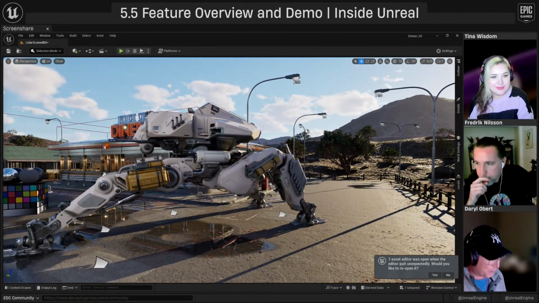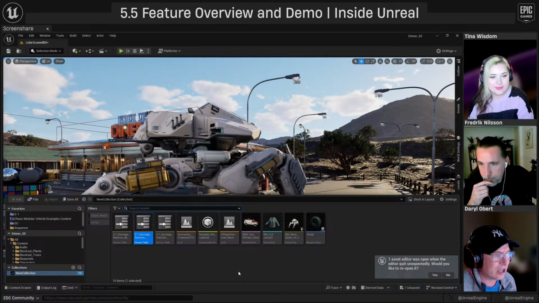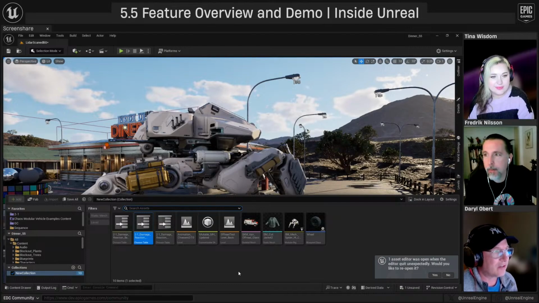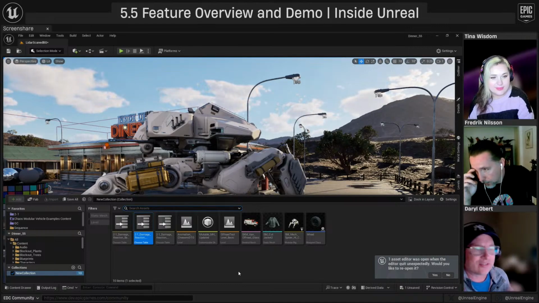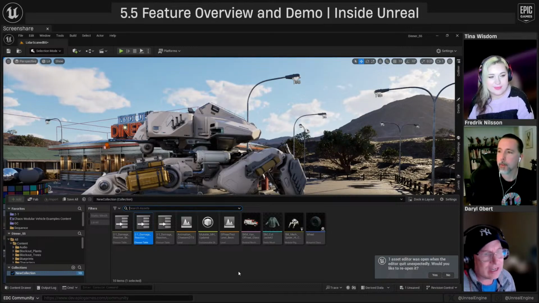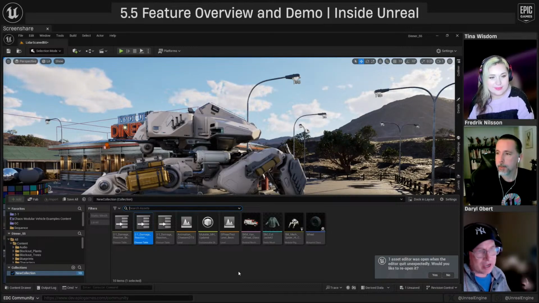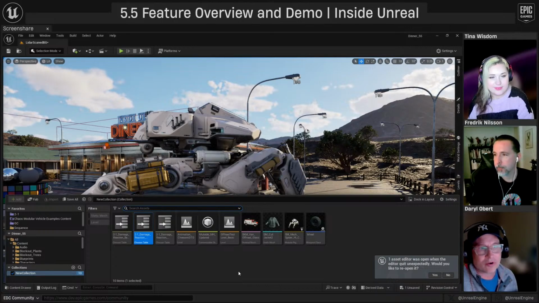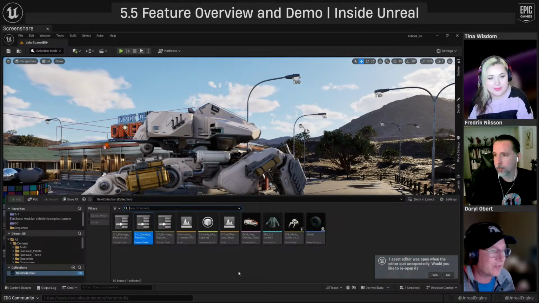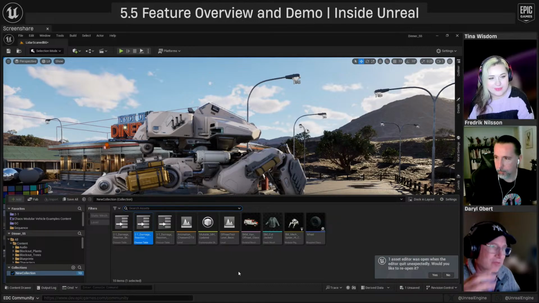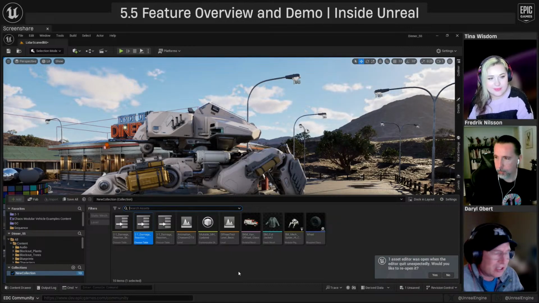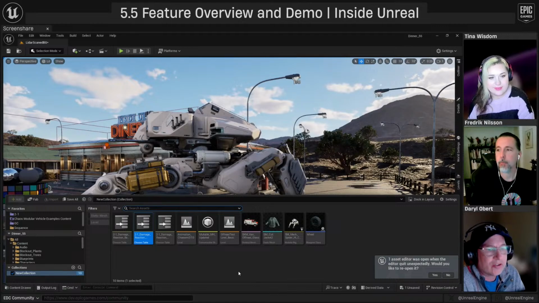So Mutable is now included with Unreal 5.5, and it's a really great system if you've got lots of characters or assets. It doesn't have to be characters, it can be any type of asset that you need to create customizable sets of, and it really helps you author your game content, like if you're trying to make a locker or a character designing tool. Mutable facilitates that with a node-based workflow that can leverage basically all the power of Unreal in a very artist-friendly way.